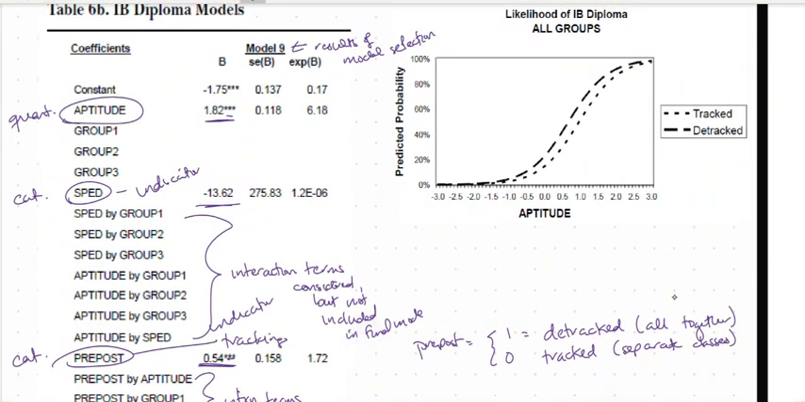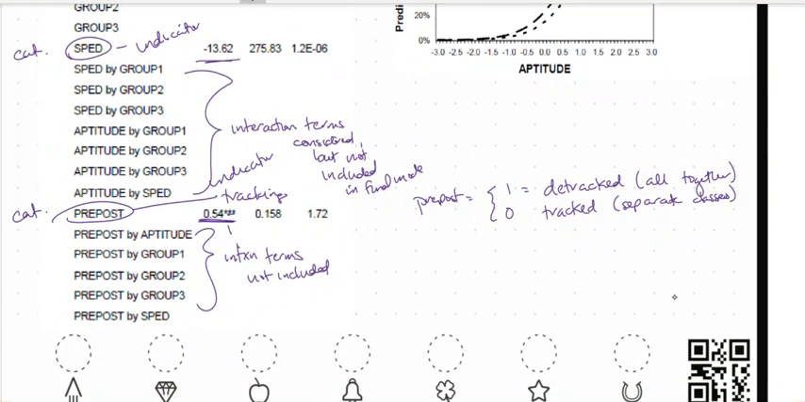The estimated effect of aptitude on the probability of getting an IB diploma. So this is B1 is 1.82. We see this is greater than 0, so we see that there is a positive association between aptitude and the probability of obtaining an IB diploma. Cool. We see for pre-post, B3 equals 0.54. This is also positive, but this is a categorical variable. So there's a positive association between being detracked and obtaining the IB diploma when the other variables are held